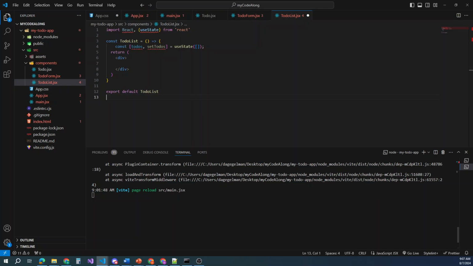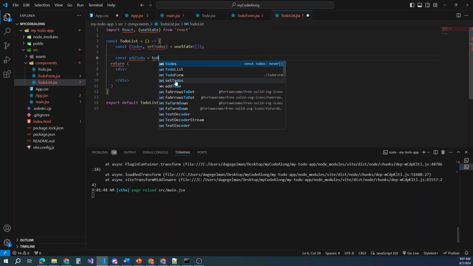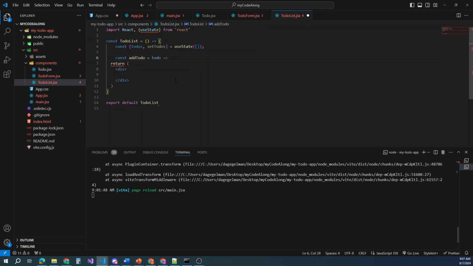So first thing we're going to do is set up being able to add a to-do to our to-do list. So we're going to come down under here. We're going to create a constant. We're going to add a to-do. Let's say to-do arrow function